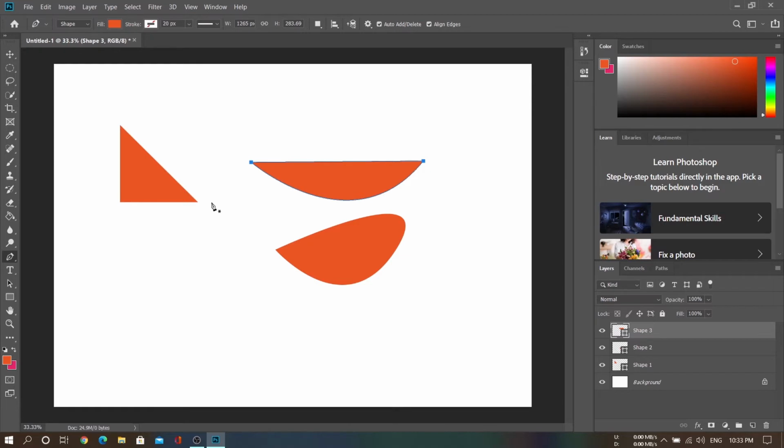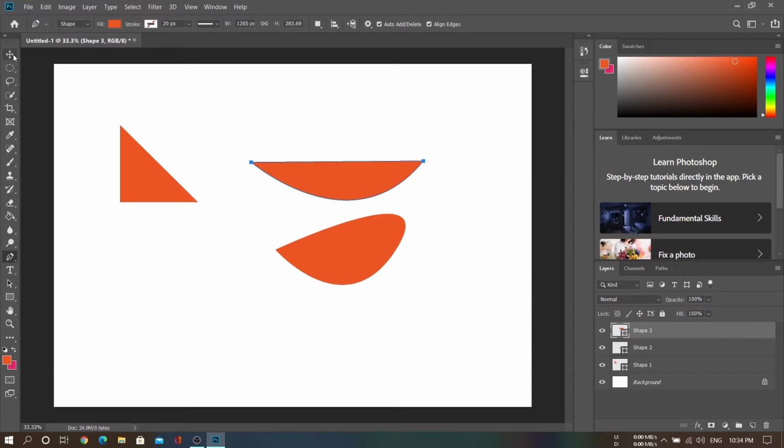For this certificate, we are going to use two shapes, which are very basic. First, we are going to use a triangle to create a pattern which we are going to use in the certificate. Second, we are going to make a badge which we are going to put in the certificate. For the badge, we are going to use shapes and also the pen tool to draw some ribbons. So now let's create the shape which we are going to use in the certificate.